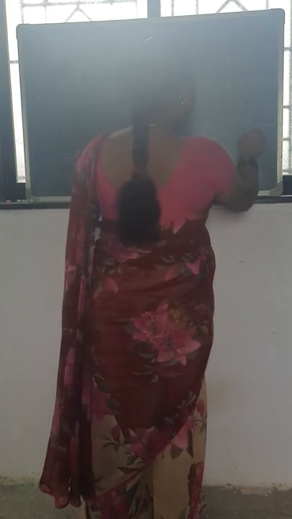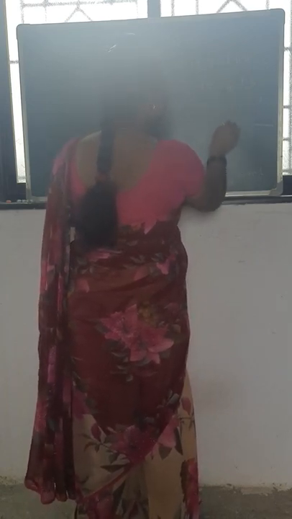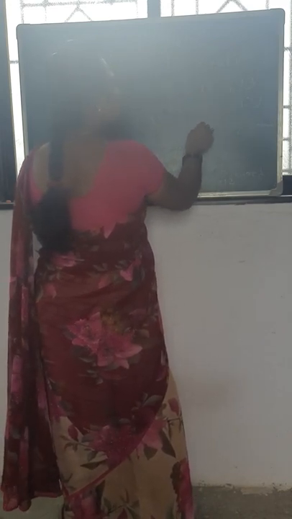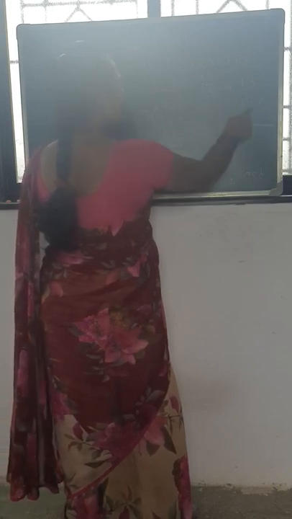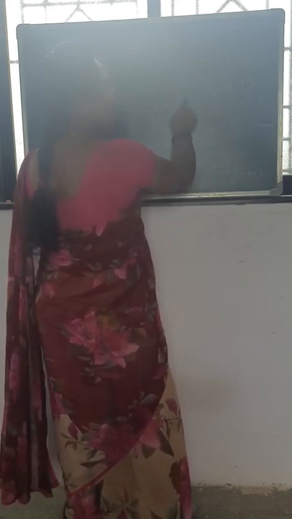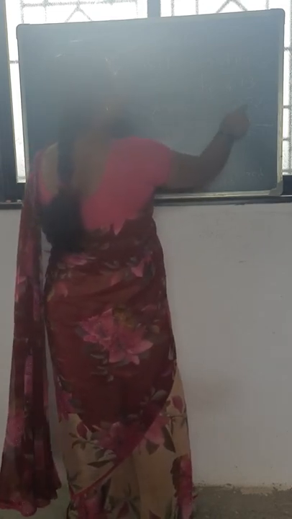Firstly multiply by 2. 2 multiplied by 3 is 6. Then 2 multiplied by 1 is 2. 2 multiplied by 4 is 8. 2 multiplied by 7, 2 7s are 14. Then carry 1. 2 multiplied by 1 is 2 plus 1 is 3. Then 2 multiplied by 5, 2 5s are 10. Then carry 1. Then 2 multiplied by 3, 2 3s are 6. Then 6 plus 1 is 7.